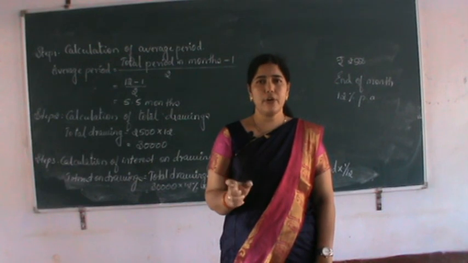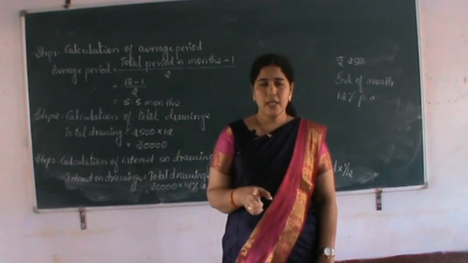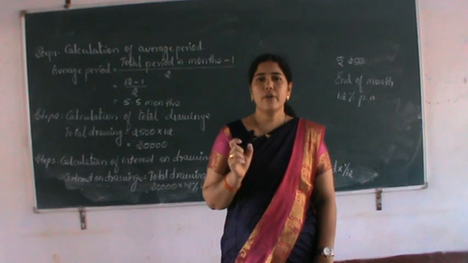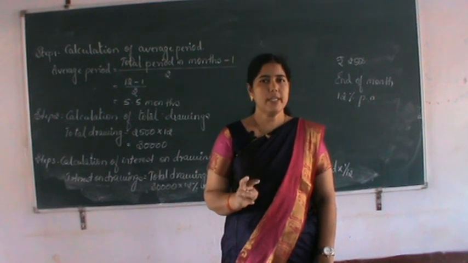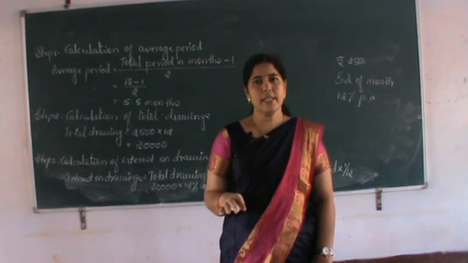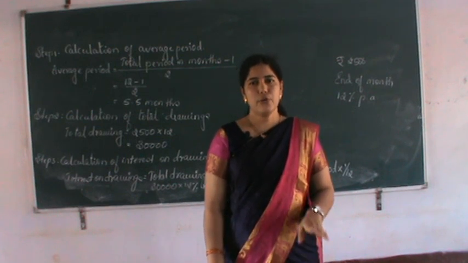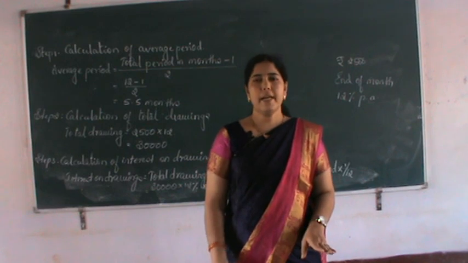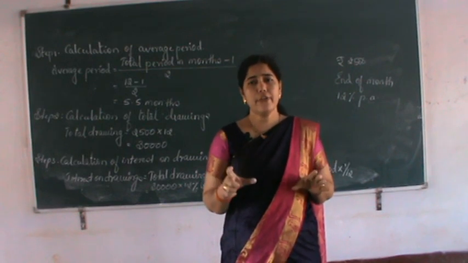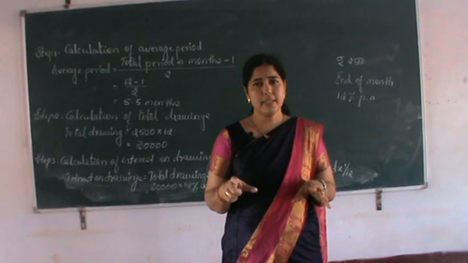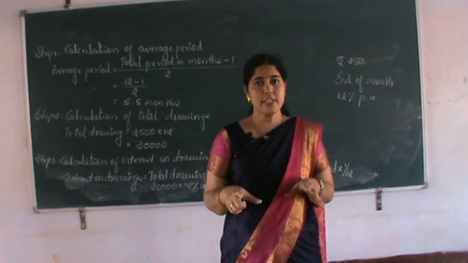So this is how we have to calculate the interest on the partner's drawings, provided the partners have taken the drawings at regular periods and of the same amount. So two conditions, if there are these two conditions, we have to apply the average period method. Okay. So don't forget, remember that if the drawings are taken by the partners at regular intervals and of the